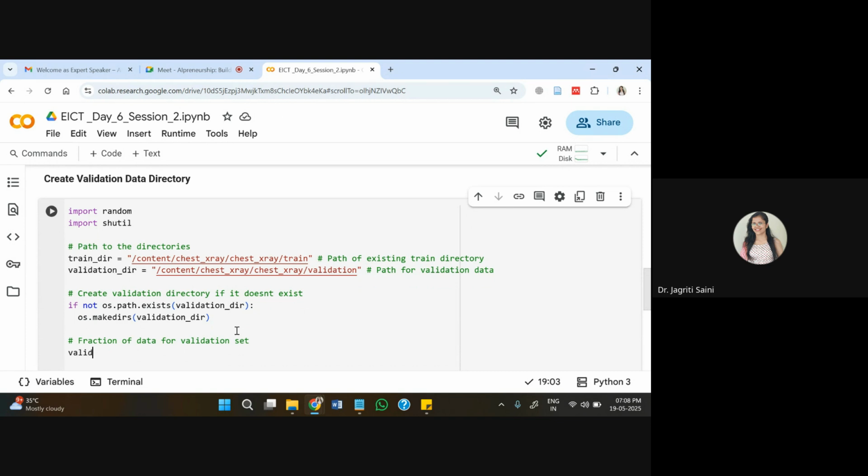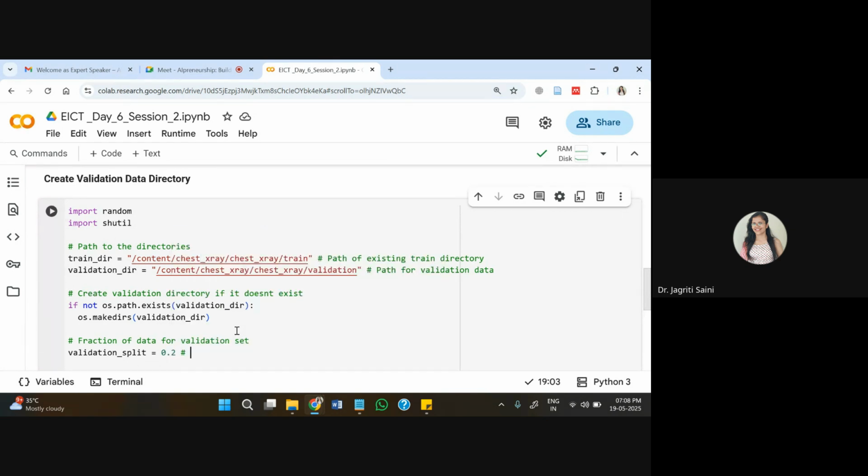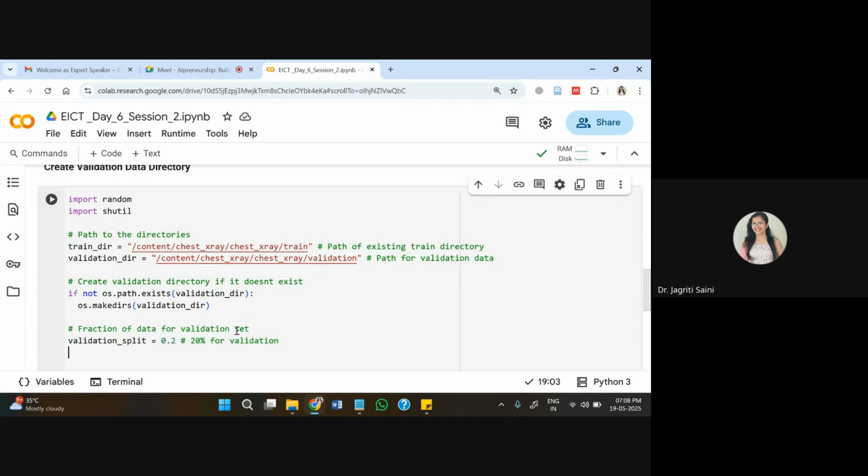And for this, I'm writing here validation split equal to 0.2. So this is 20% for validation basically. So 0.2 here represents your 20% for validation. So in this way, it will be easier to ensure that a specific amount of data is being passed to the validation directory.